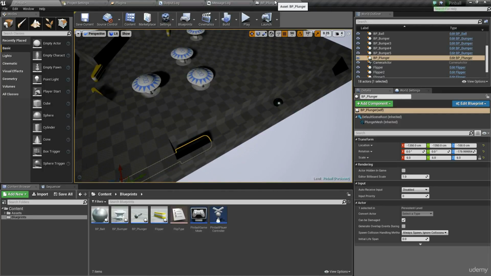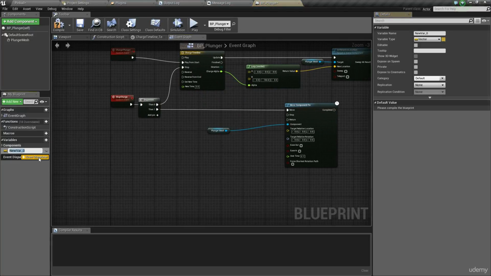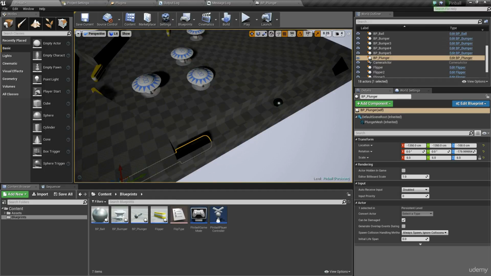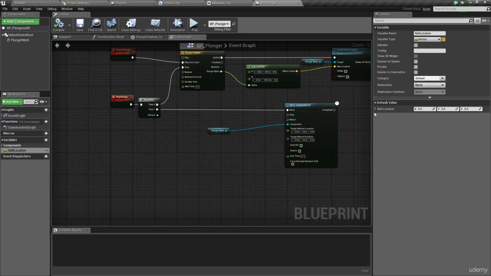So I'm going to open up BP Plunger, and within BP Plunger I'm now just going to add a variable. This variable is going to be called ball location, and I'm going to have it set to be a vector type. Now, if I hit compile and save, and I look at the plunger here, everything looks normal. However, if I go back to this and I enable this option for editable, followed by show 3D widget,